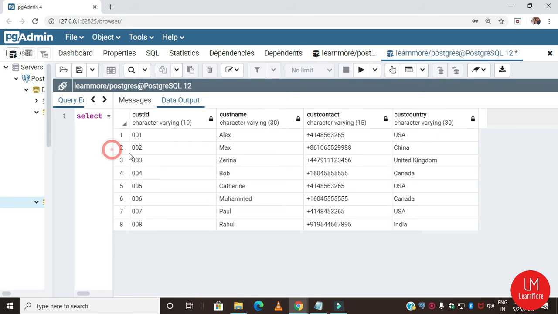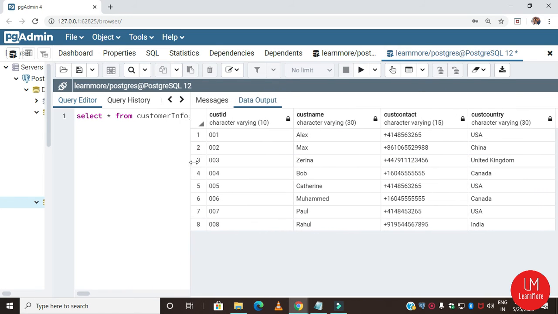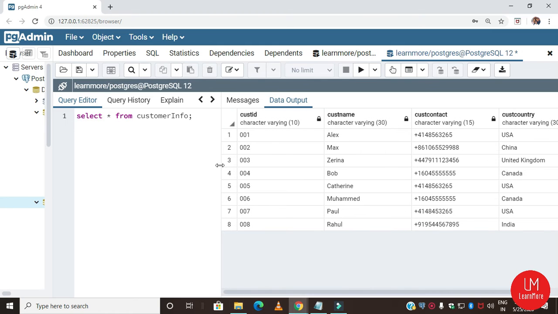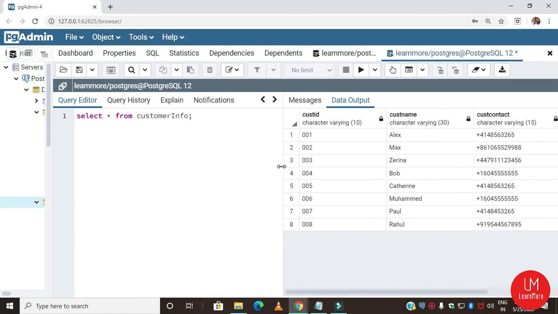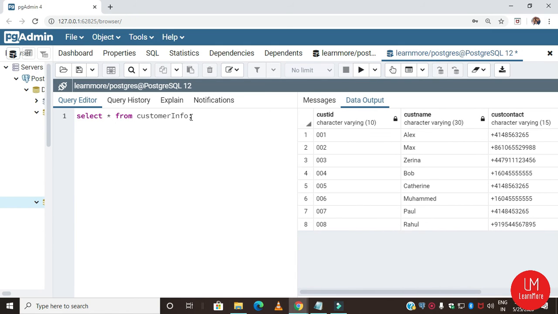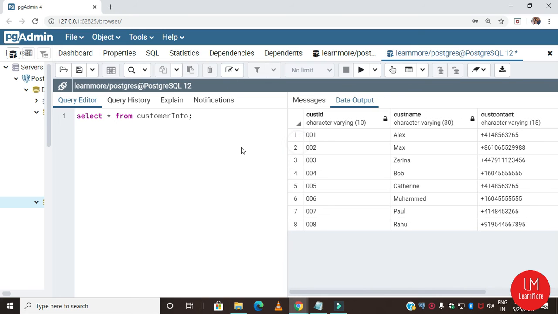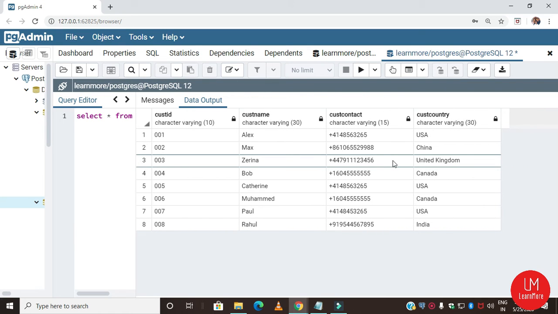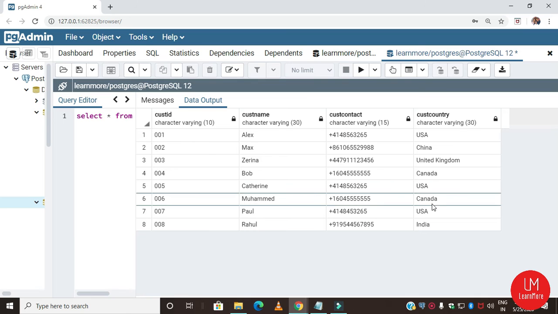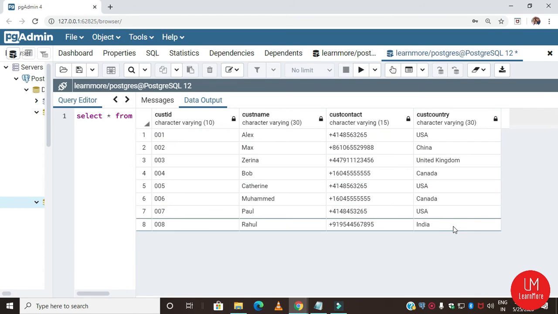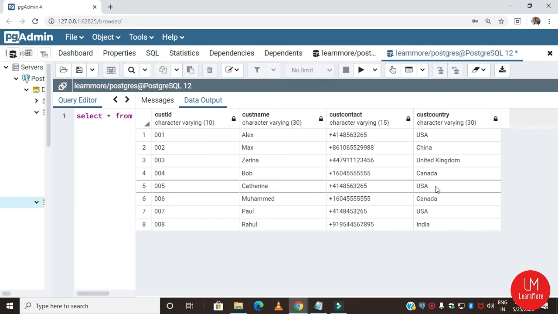So if you want to sort columns in ascending or descending order, you can use the order by clause. Suppose you want to sort the table based on the country in ascending order. Then we are expecting Canada to come first, then China.